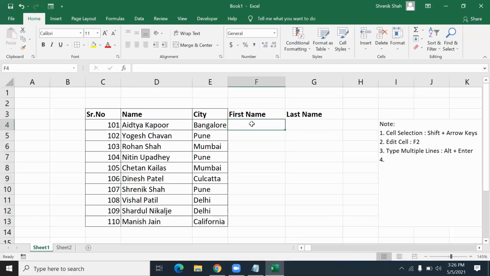But this is the first session and we will see, without using any functions or formulas, how to easily separate the first name and last name. So I'm using this Excel 2016 version. Maybe you are also using the very latest one.